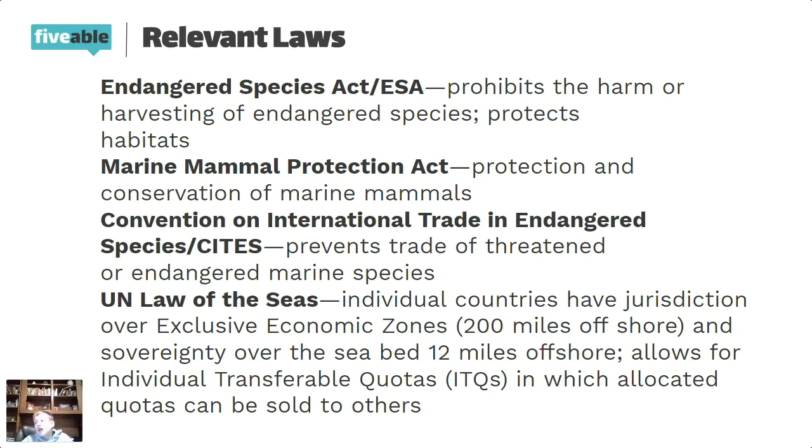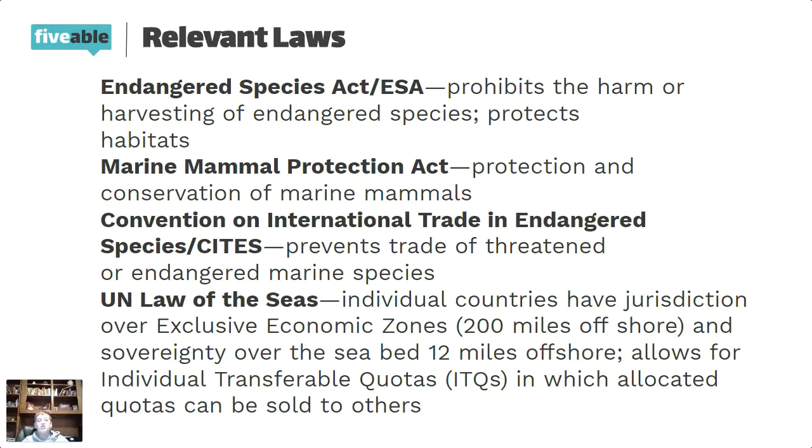And last but definitely not least, the UN Law of the Sea. This is one of the laws with the most text, the most stuff you need to know about it. But basically, there are these things called exclusive economic zones, which means that from my shore in Florida and 200 miles east of that, that is all territory that I contain the rights to trade in. Anything from the coast of Florida to 12 miles east is my sovereign territory. You can't be in here from 12 miles off the coast of anywhere in the United States or anywhere in any country without having their permission.